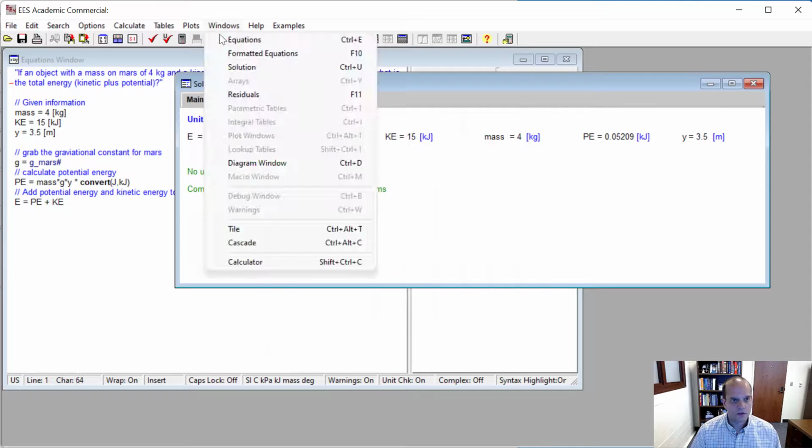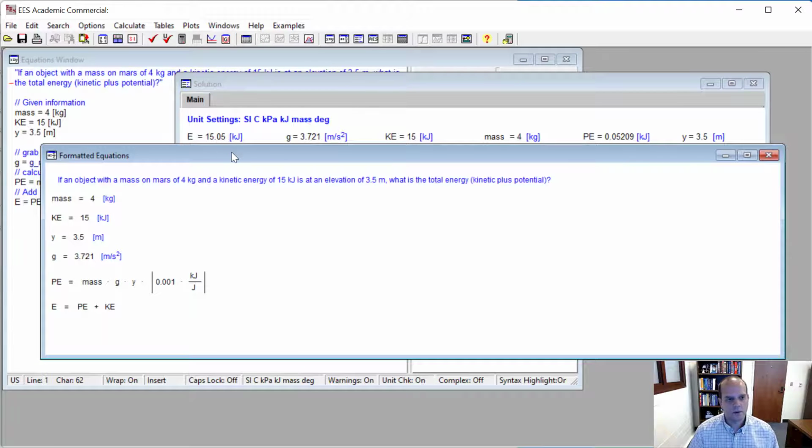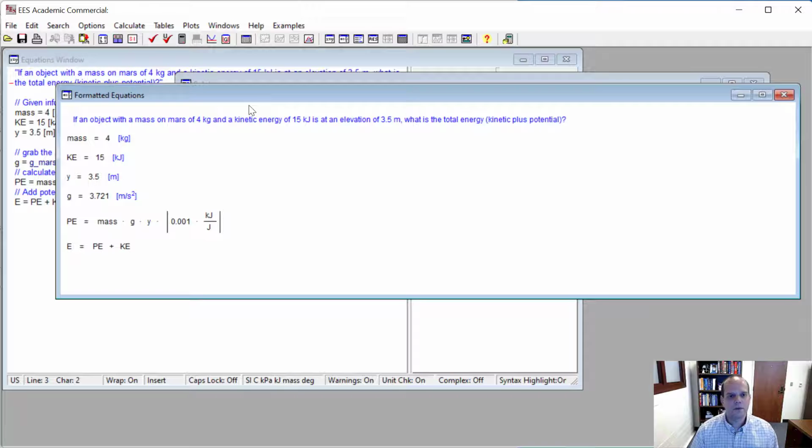Let me show you what those are. If I come to my formatted equations window, this is a way to really troubleshoot the equations that you're inputting in the equations window. A lot of times you're trying to line up parentheses, figure out what's on the numerator, what's on the denominator, what's in the square roots, what's in the brackets, etc. This is as you would see it on a piece of paper,